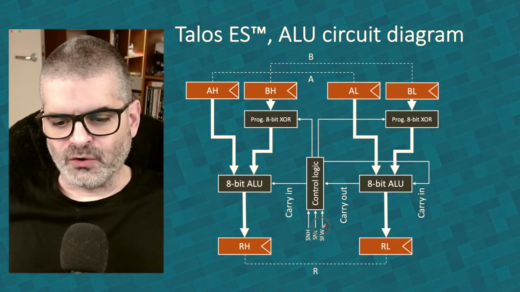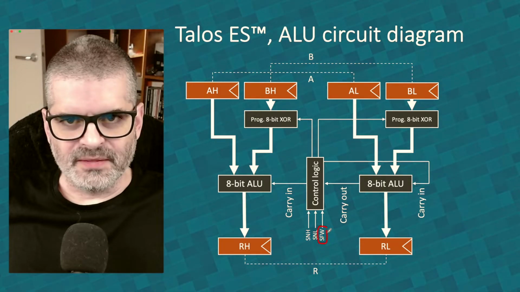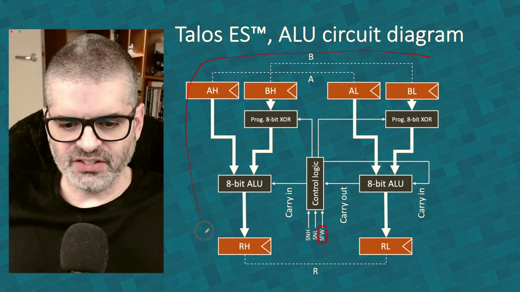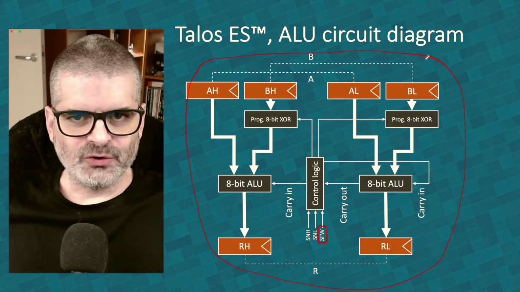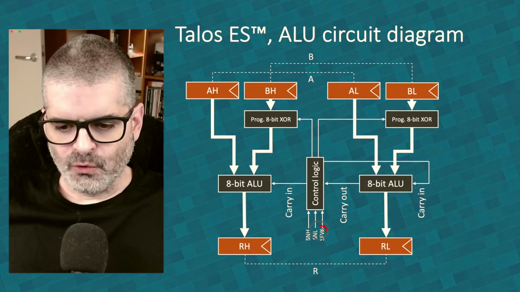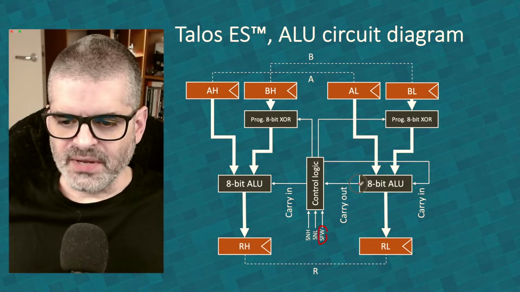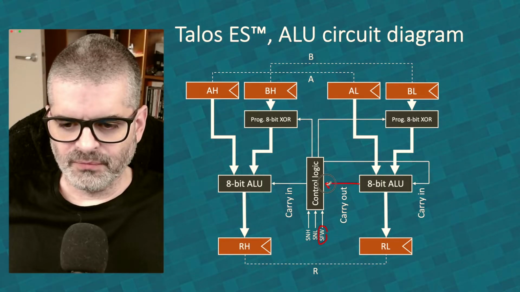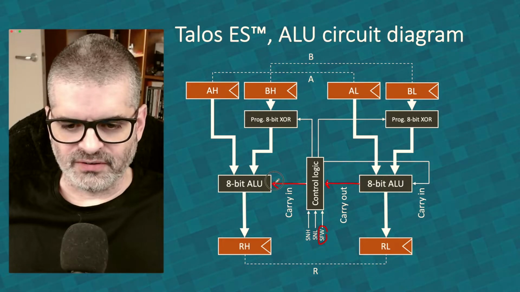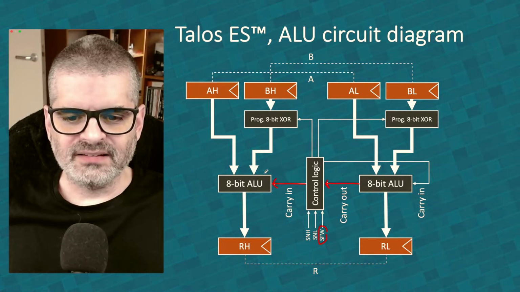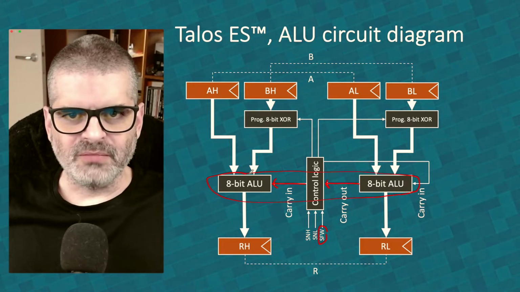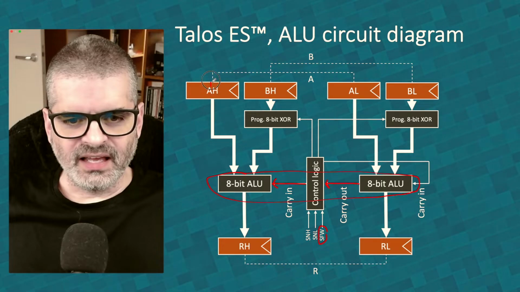And there is one final control input, set full width, and that's when you want this whole thing here to operate as a 16-bit ALU as opposed to 2 ALUs of 8 bits. When you set full width, this carry out from the low portion will be wired into the carry in of the high portion. And the moment you do that, these two 8-bit ALUs become a 16-bit ALU,